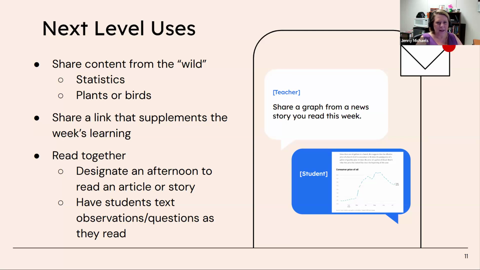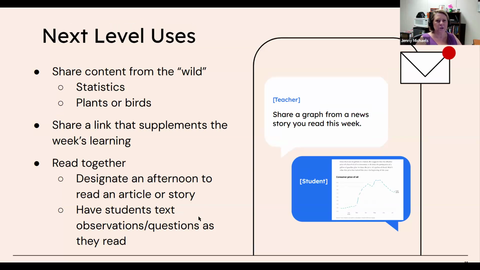Or if I'm in a biology class, maybe looking at the plants in the area or the birds, and getting students to make those connections outside of the classroom, because it's really easy to get students to think about stuff when they're sitting right in front of you, but when they walk away they forget. Or again, we were just learning about this in class, and look, this article popped up that might be helpful for some of you. Pop that link in there.